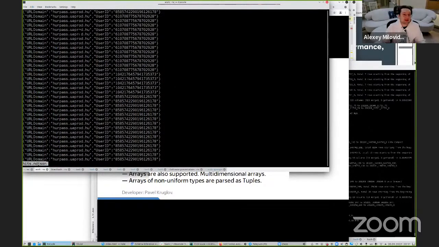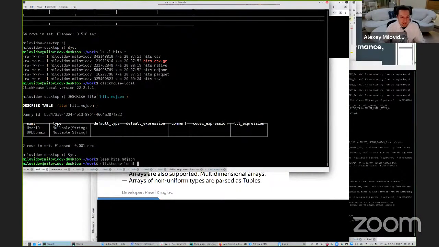Yes, it looks like newline delimited JSON. User ID is actually a uint64 number, but it is inside a string, so it is inferred as a string. Because if it were float64, then uint64 numbers would be incorrectly rounded.